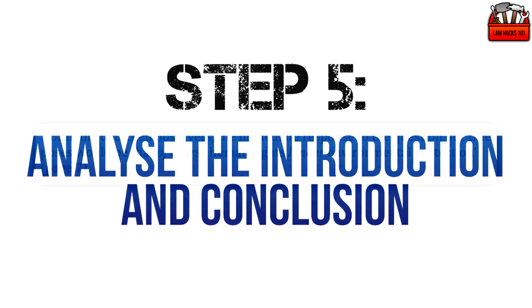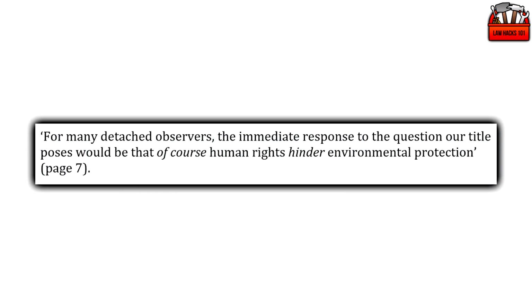The article begins with, "For many detached observers, the immediate response to the question our title poses would be that, of course, human rights hinder environmental protection." Notice that the use of italics implies that the answer to this question for detached observers is a bit of a no-brainer, which, when you think about it, is a cunning way of setting up the case against which the author will then offer his further arguments about social movements and the power of human rights to mobilise protest and